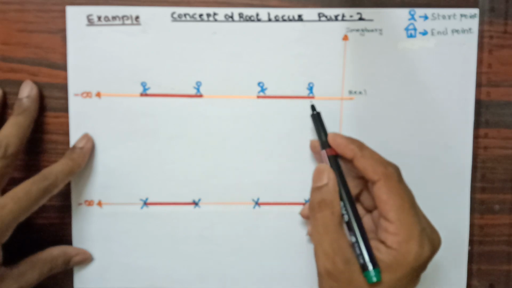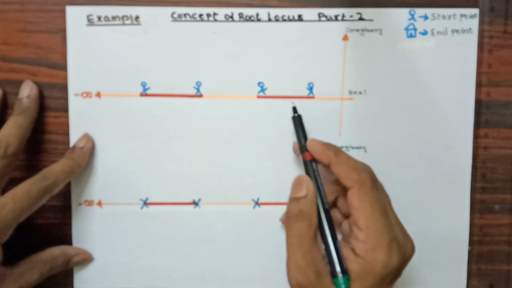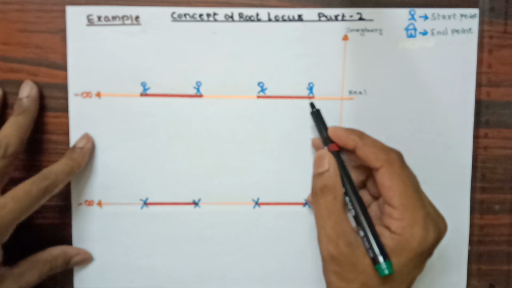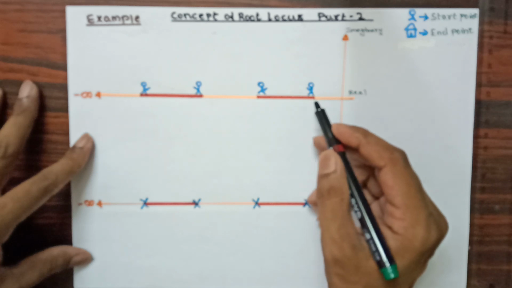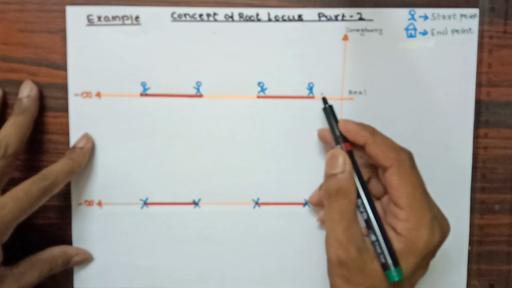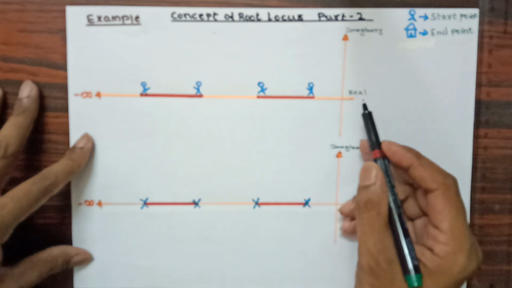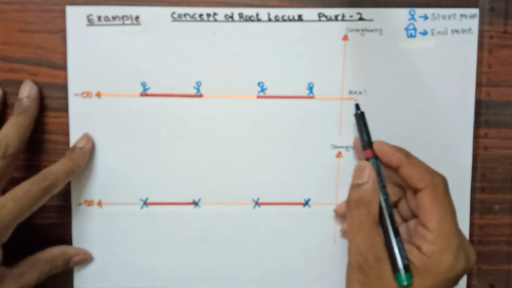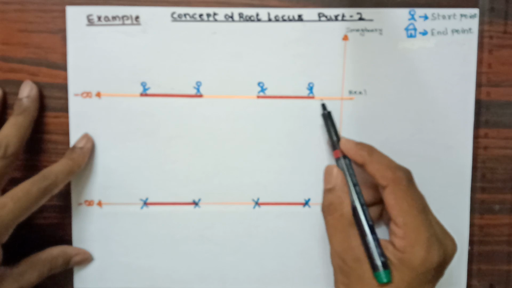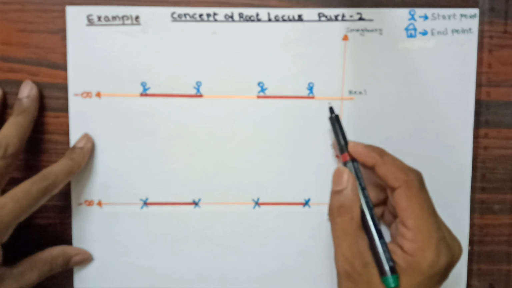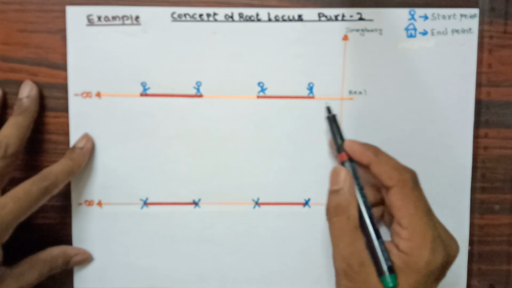For that, we first need to consider the path for these 4 persons, and we know the procedure. The condition is that we provide the path for an odd count of persons or huts. Looking at this, if I start counting from the right-hand side, from this point to this point I have no person or hut. That is, the count is 0, and 0 is an even count. Therefore, for an even count, I am not providing any path.